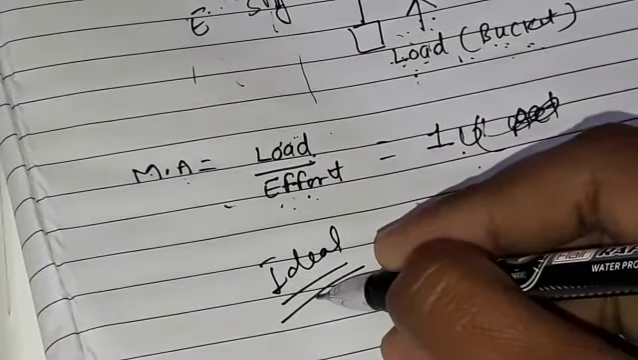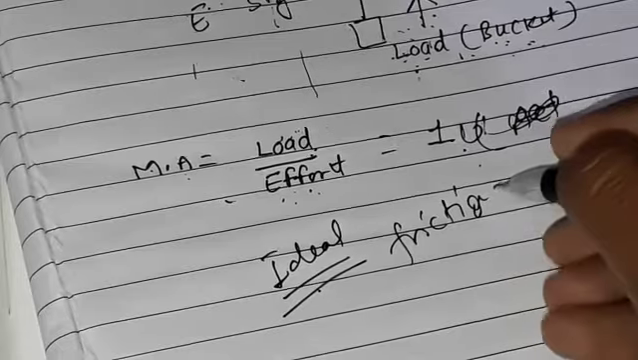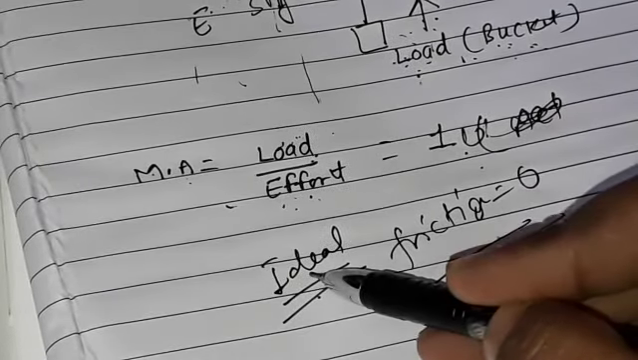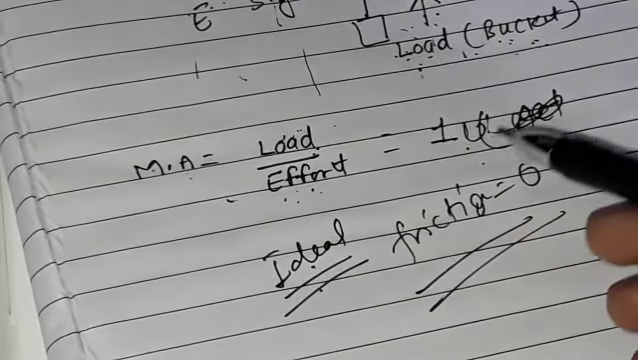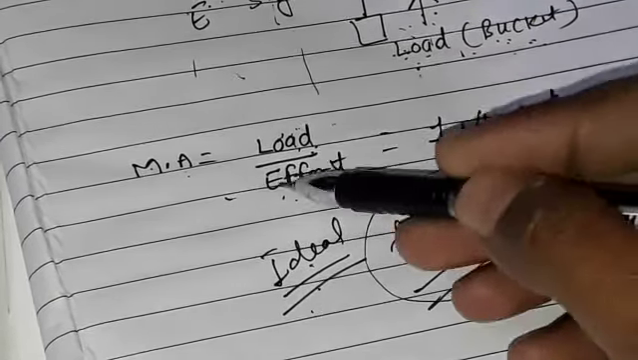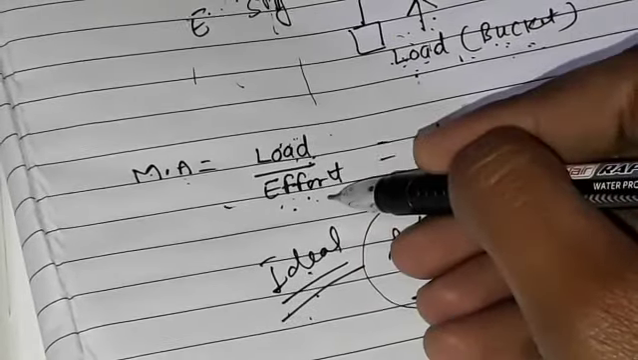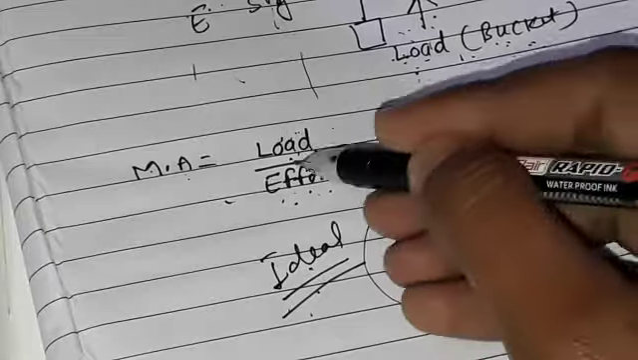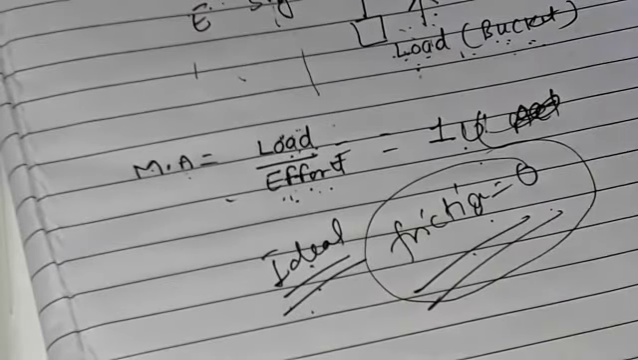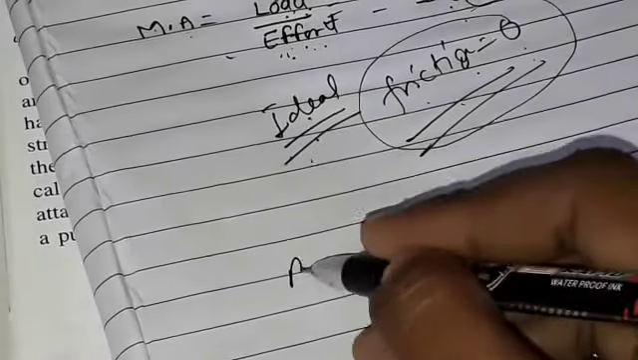So an ideal pulley means class when there is no friction. When friction is 0, then we can say this is an ideal pulley. But class, in our daily life we all know friction is not 0. But if there is a condition when you have friction 0, at that time your effort is equal to the load. So load and effort are equal at that time, so your answer is 1. But in our daily life friction is not 0, so